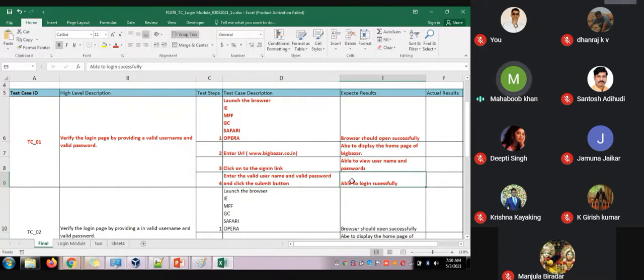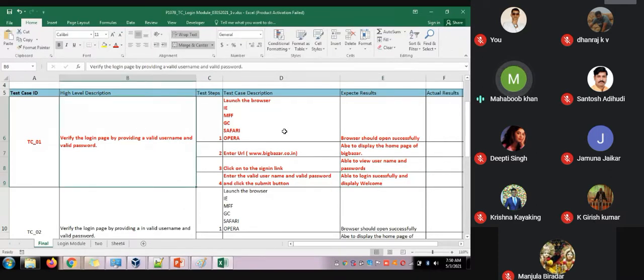You are able to log in successfully and able to display welcome page. Welcome, or thank you for login. So that message will be displaying here.